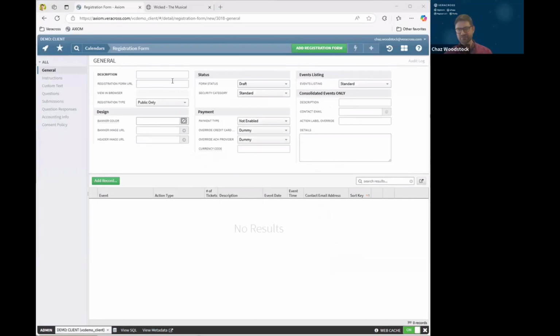The next thing is we needed to give it a description. It's best practice to also put something in the URL so it's not just an ID. It just helps you and others who might see the URL know you're in the right spot. So we're going to go ahead and add